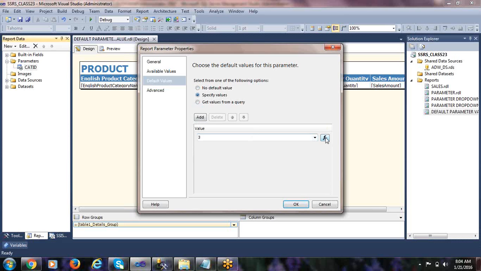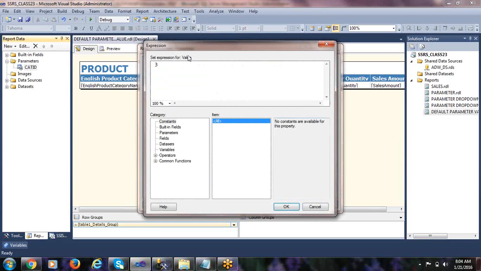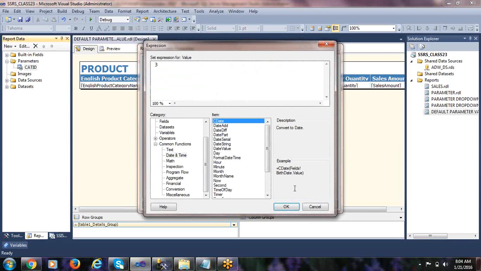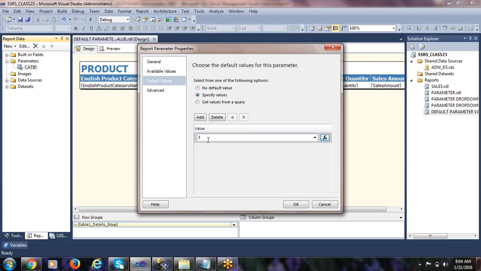Otherwise, if you want to write expression, yes, you can write an expression using these functions in order to get that value dynamically. Or if you want to make it static, then make it static. So that depends upon the requirement. Clear?